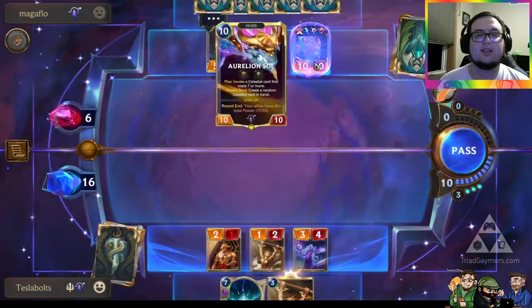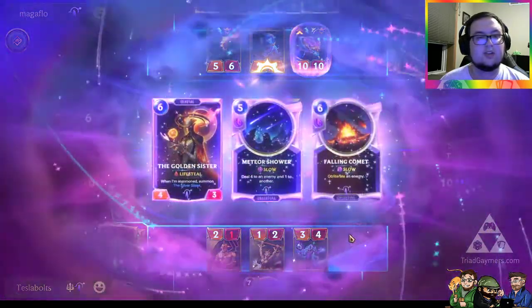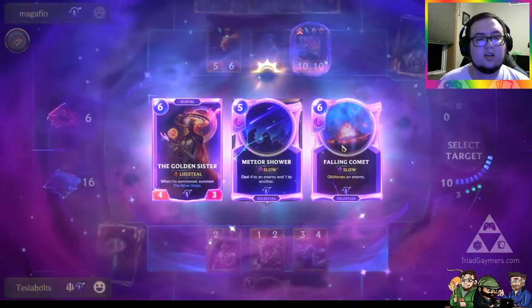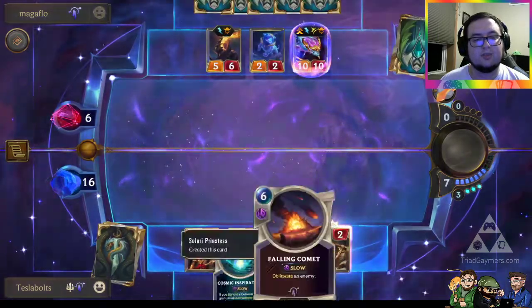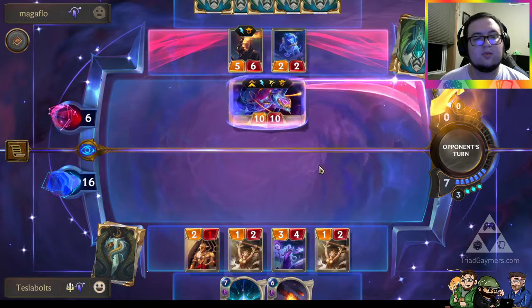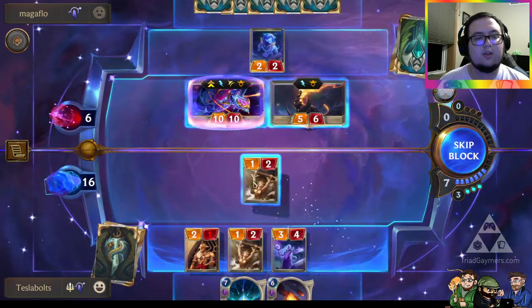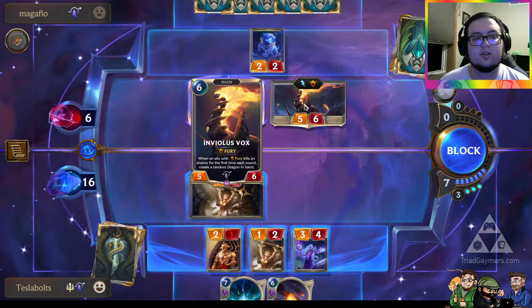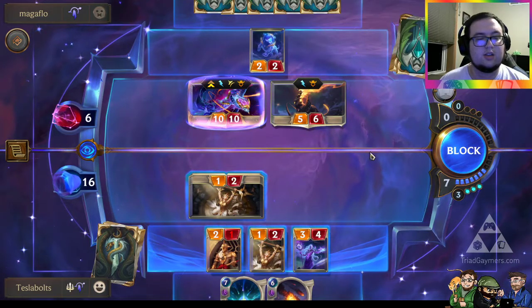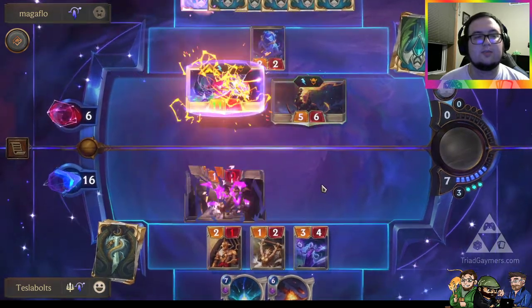Because that is at 17 of 20 right now. Let's see what I can find. Yeah, Falling Comet seems pretty good. Now, even though they have Fury, let's see, what is this? Yeah, they create a dragon in hand. So I'm gonna do this. I don't want to take the 10. I'm okay taking the 5, but